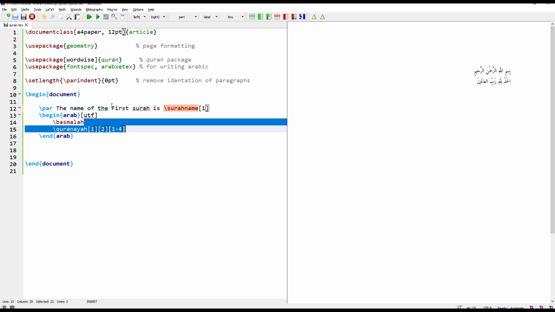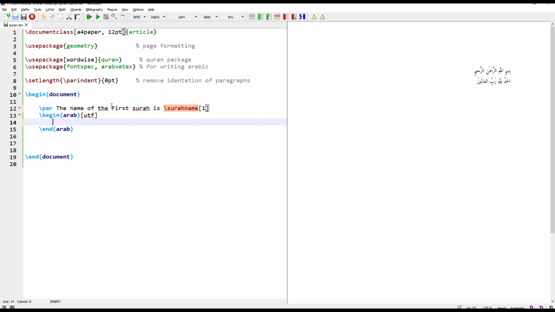Similarly, to write it in Arabic, write it in the Arab environment, surah name 1. The name of the first surah in English is coming here, Al-Fatiha, and similarly in Arabic it is coming here, Al-Fatiha. Similarly, for example, to see the name of the last surah, 114, An-Nas. The surah name of the last surah of the Holy Quran is coming here.